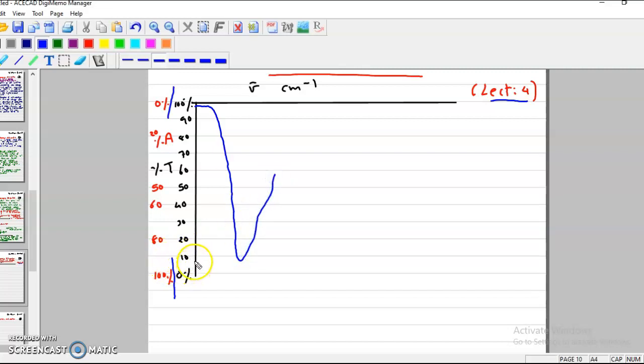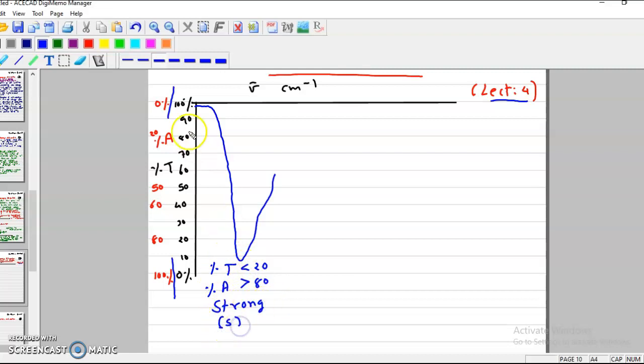Here you can see the percentage transmittance is less than 20, or percentage absorbance is greater than 80, then this band is known as a strong band. It is not percentage transmittance greater than 80, but less than 20. So it goes down, below 20, and we consider this a strong band,